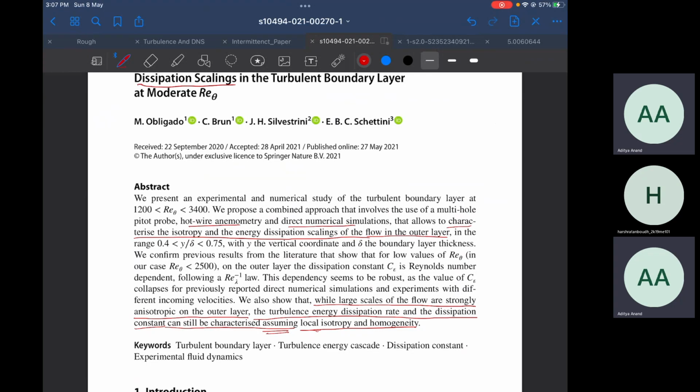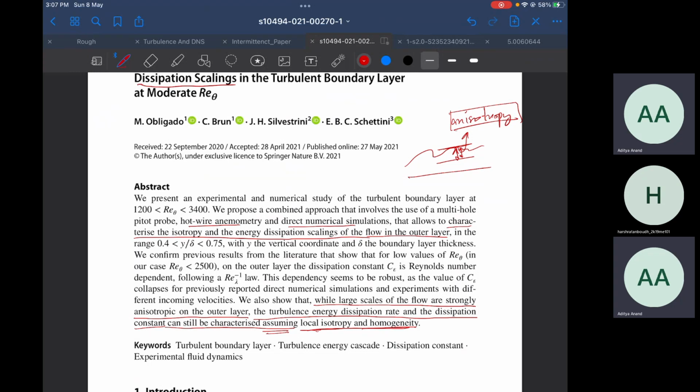Also, they have done their studies on the outer layer of a turbulent boundary layer, somewhere in the outer region, assuming that the anisotropy here is very small. That is their assumption, which is not exactly true. So they have assumed local isotropy and homogeneity at small scales